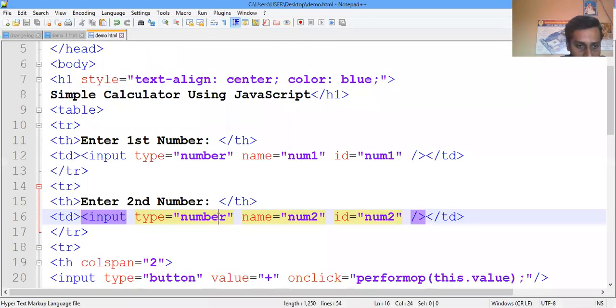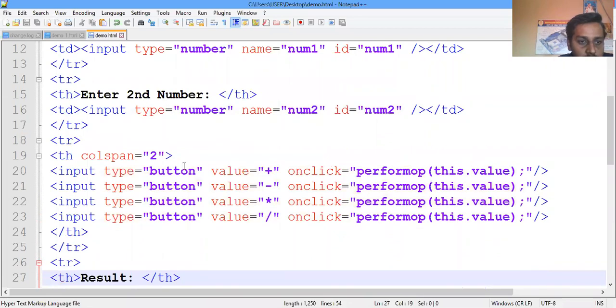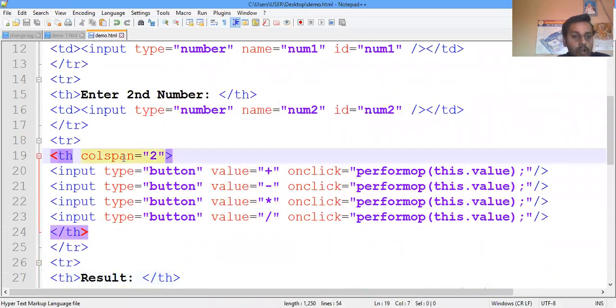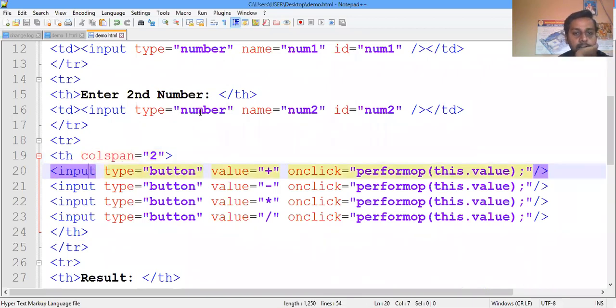Then next we have written th colspan. Colspan means it will merge the two columns we are using here. Just as we wrote input type before, here we have taken button.